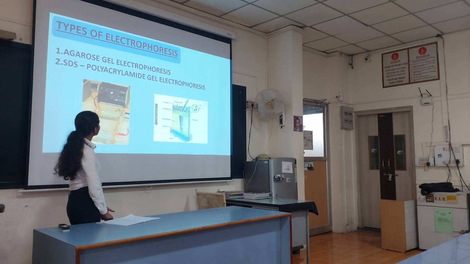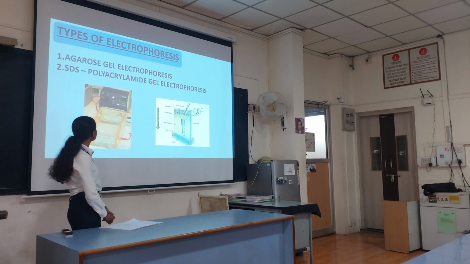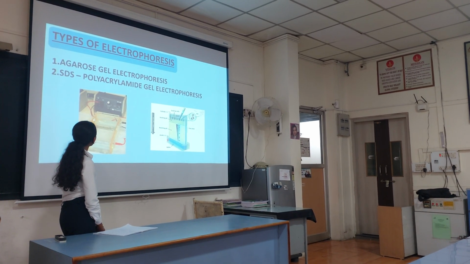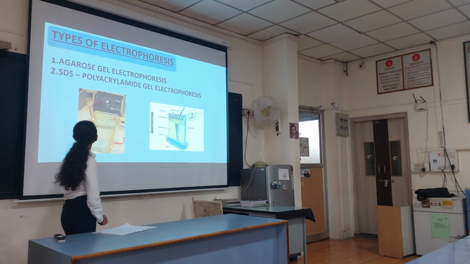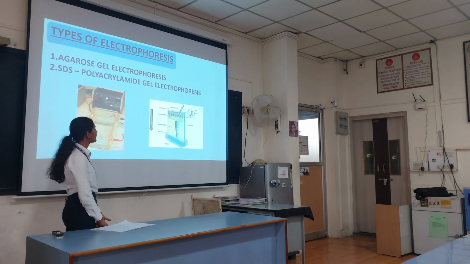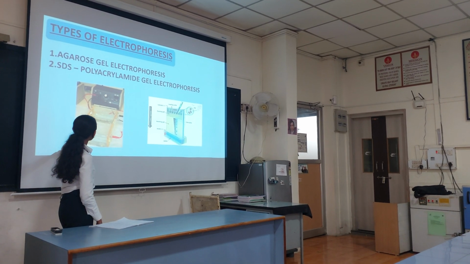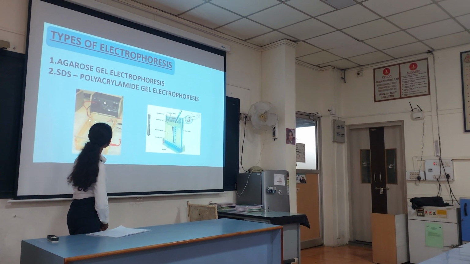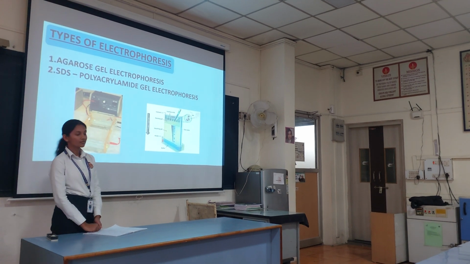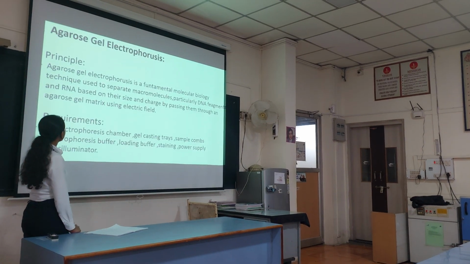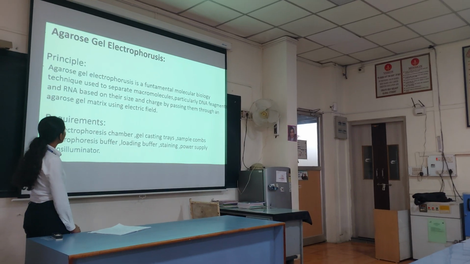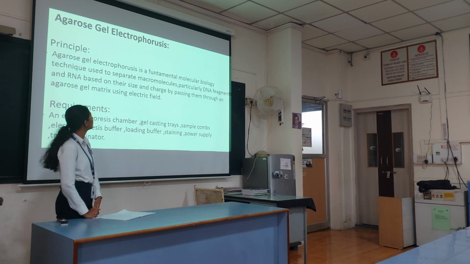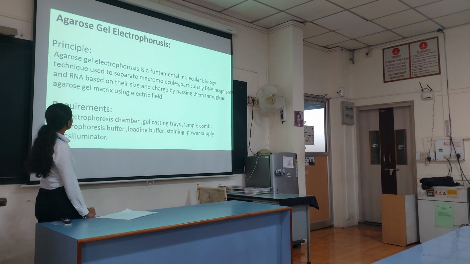And types of electrophoresis, we are discussing two types. First one, agarose gel electrophoresis, and SDS polyacrylamide gel electrophoresis. SDS is sodium dodecyl sulfate. This is the setup to perform agarose gel electrophoresis, and that is for SDS-PAGE. First type is agarose gel electrophoresis. In short form, we say it as AGE. The principle of this process